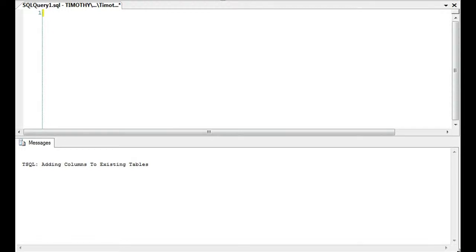Today we're going to talk about adding a column to an existing table in SQL Server. This comes up every now and then where you have a table and you need to add a column or two. And so this is the syntax. It's actually a very easy script to use, so we'll get right into it since this shouldn't take us long at all. But let's suppose that we have,